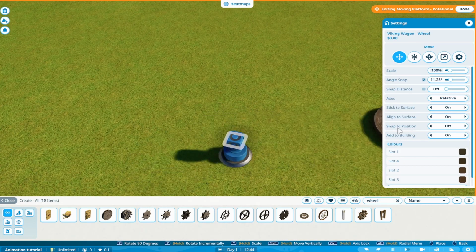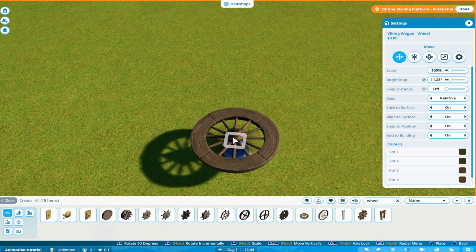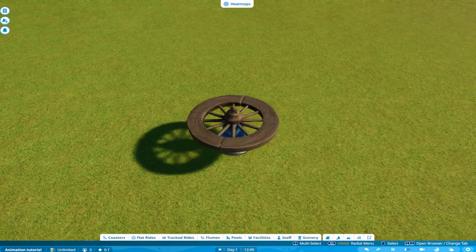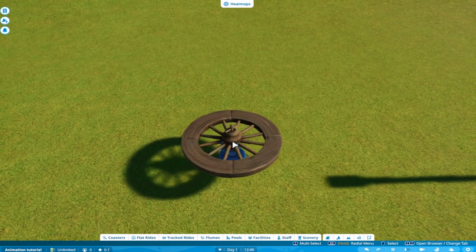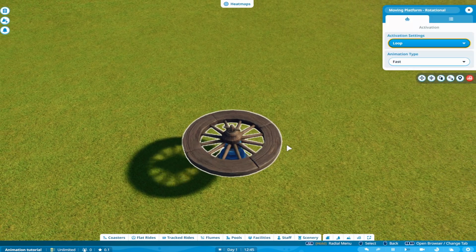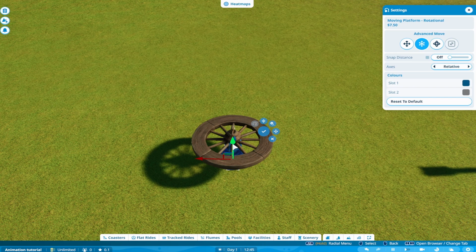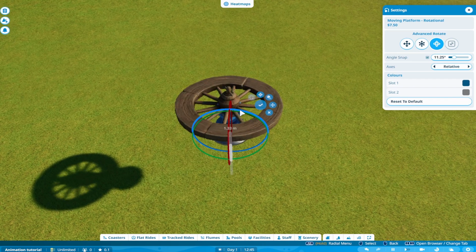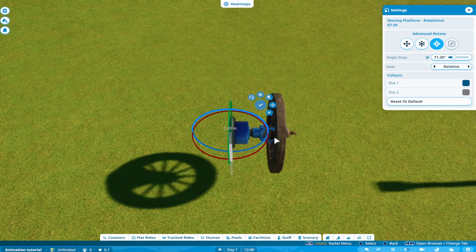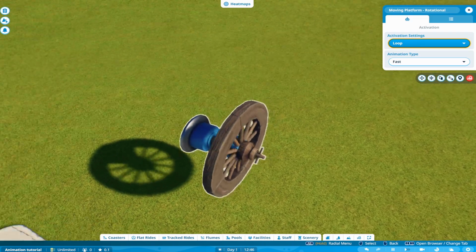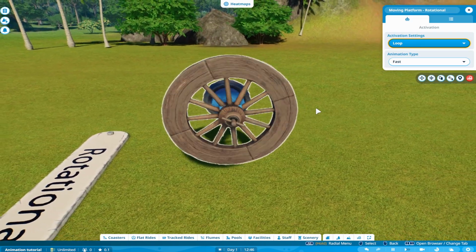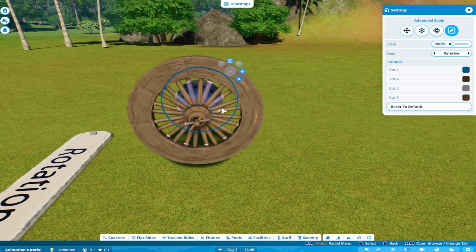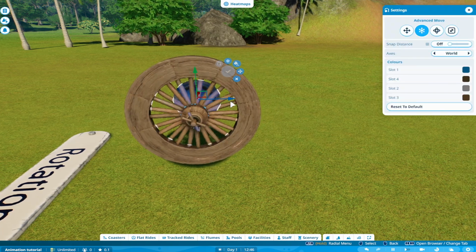Again, make sure that snap to position is on, so it rotates. Now, I've got a wheel of a wagon rotating there. But if I select this and I press X, I can rotate the rotational thing as well. So if I put it sideways, I can now, for instance, actually make a functioning wheel. If I duplicate this and I move it aside,